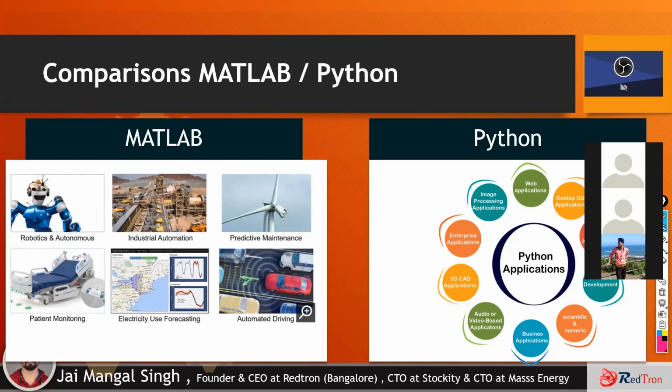So the railway sector, especially from the last 3 years, there is quite a rise in the demand for those engineers who are particularly skilled in the MATLAB domain. Okay,